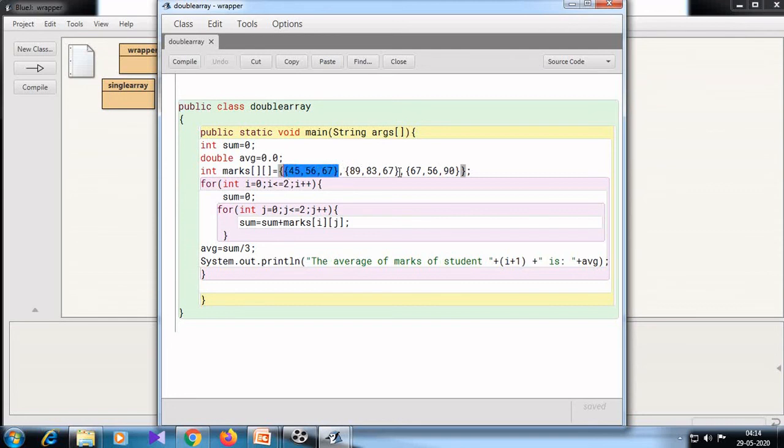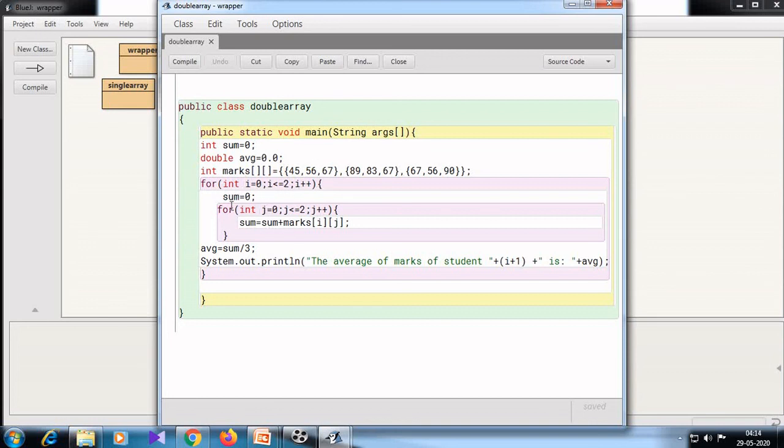The first row represents one student, the second row represents the second student, and the third row represents the third student, and each column represents the three subject marks. This is subject 1, subject 2 and subject 3. Each row is separated by a comma. Okay.